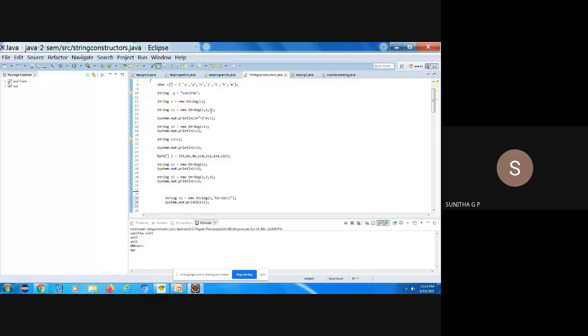Okay, using the values from the first position and consecutive 4 characters, a string object S1 is created. Okay, that is what you have to write. And line number 18, what is that? Through a constructor, another string object S1 is passed as a parameter. So its content will be copied to S2, and a new string object S2 is created.